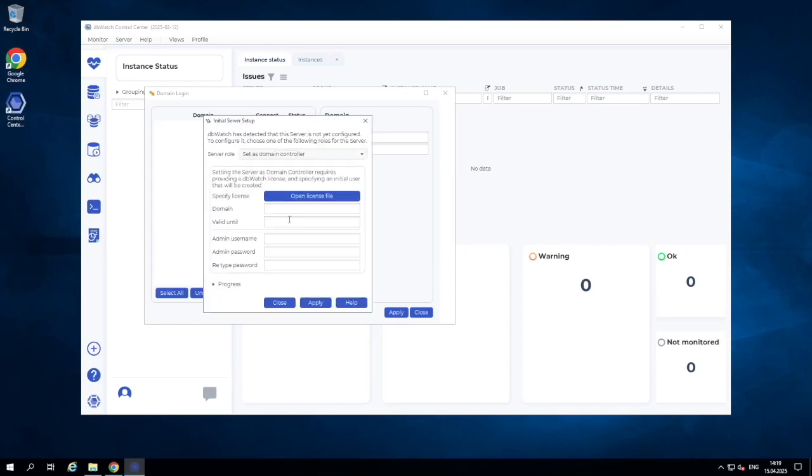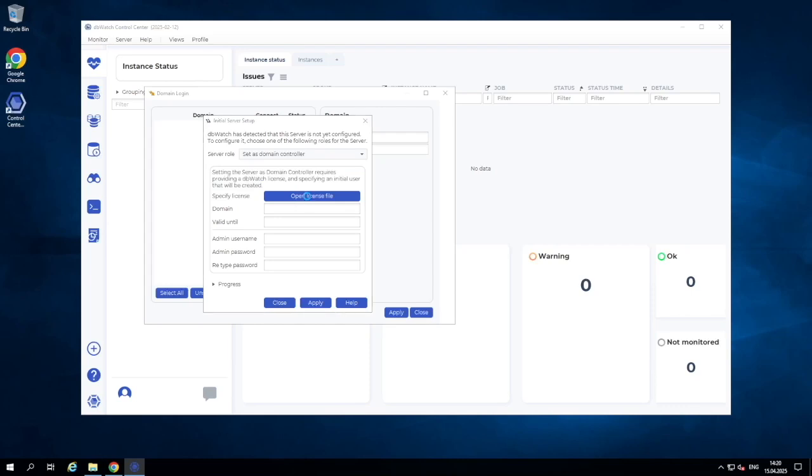So we click connect, and then we get into the initial server dialog setup. And here is where we'll use the license file that we have already. There are other server roles as well. You can set up as a demo server. You get a more limited demo license that way.